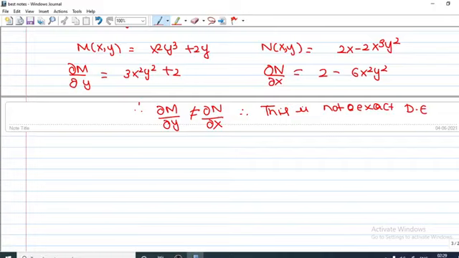After this, what we can do, if this is not an exact differential equation, however